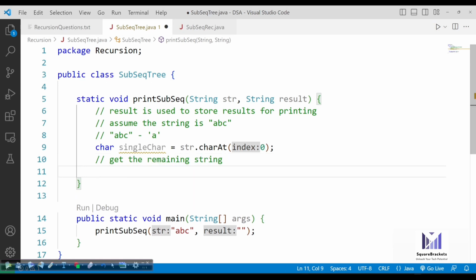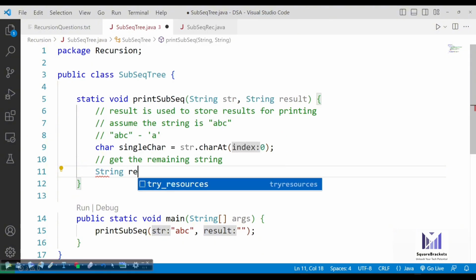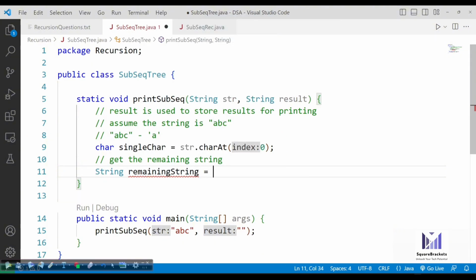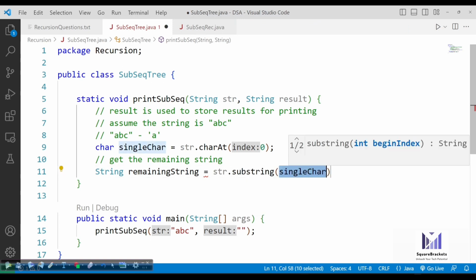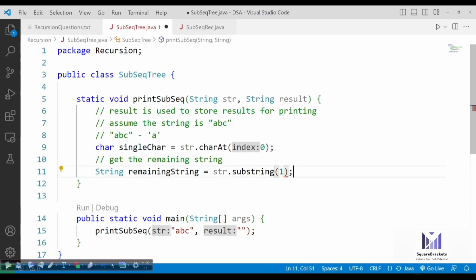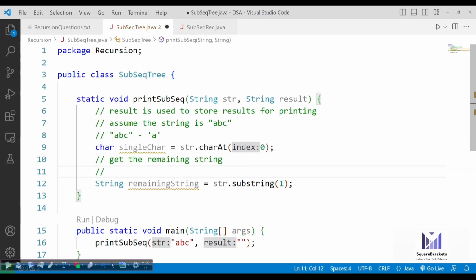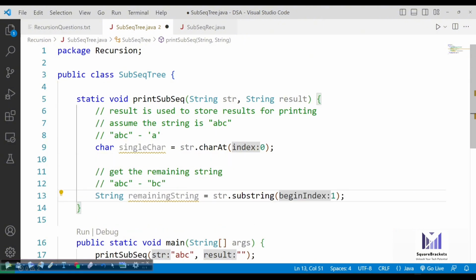For the remaining string I can write String remaining equals str.substring(1). So what you will get here from ABC is now BC. So A is stored in my first character, and the substring is here.